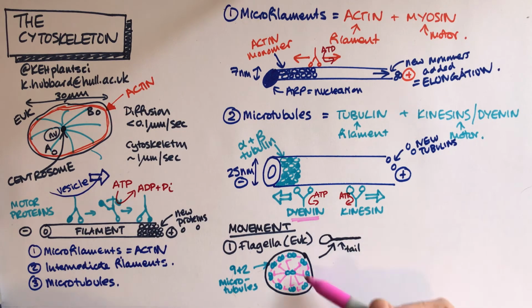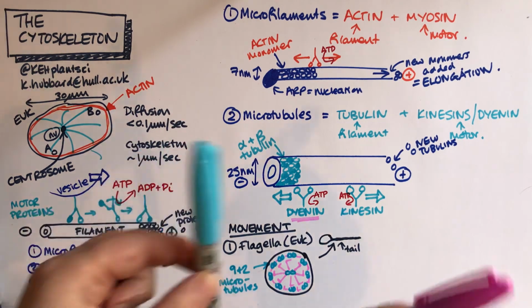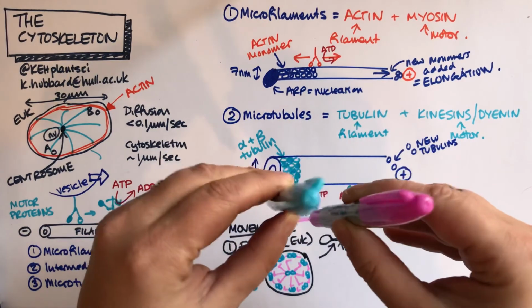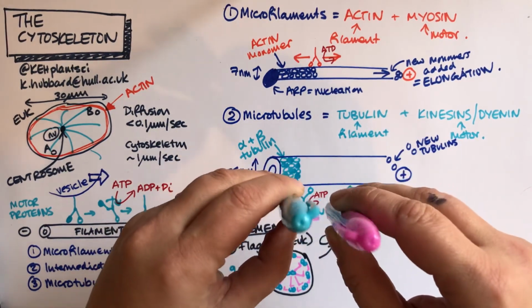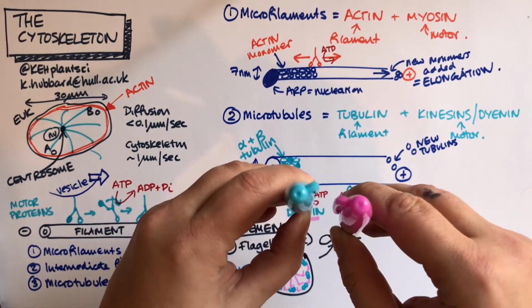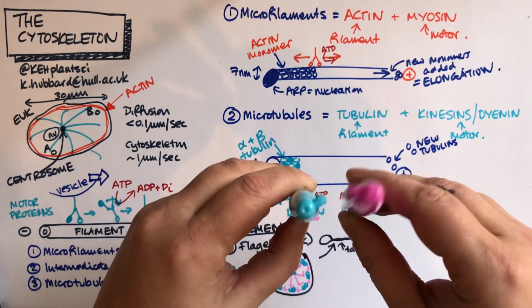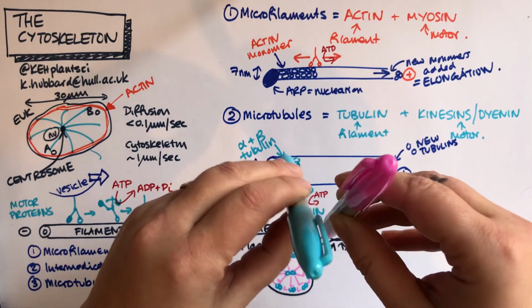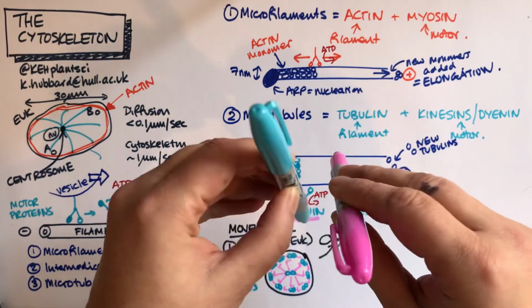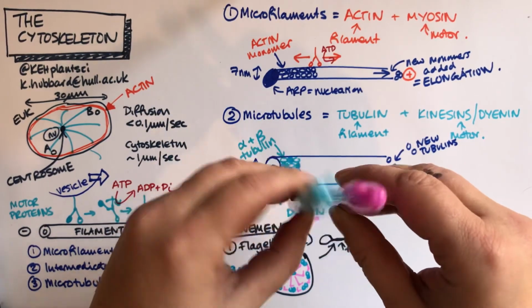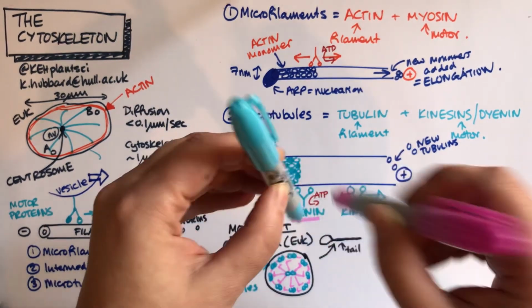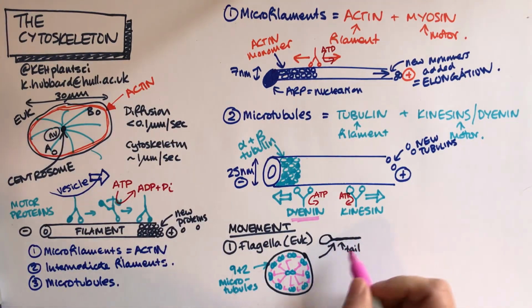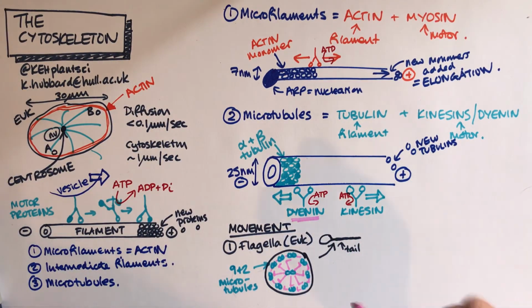They're more stuck to the microtubules, but they're moving those microtubules relative to each other. So with my pens, if we're looking down, there's two of them. There's some of my microtubules, and between them there'd be a dynein. What the dyneins are doing is forcing the tubules to make that sort of motion relative to each other. And across the whole length of the tail, that means you get that kind of swimming motion,